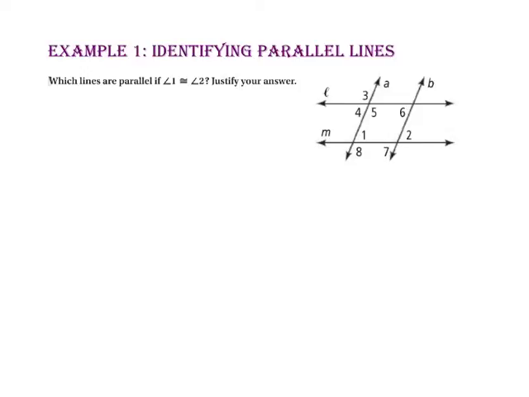In example 1, we will identify parallel lines. Which lines are parallel if angle 1 is congruent to angle 2? Justify your answer. Let's start by looking at angle 1